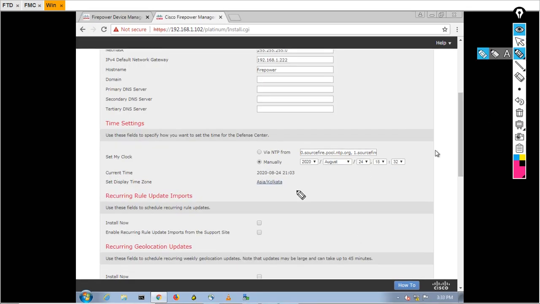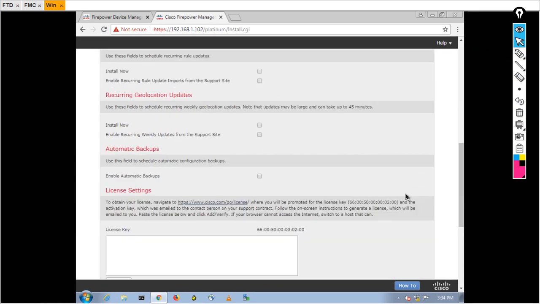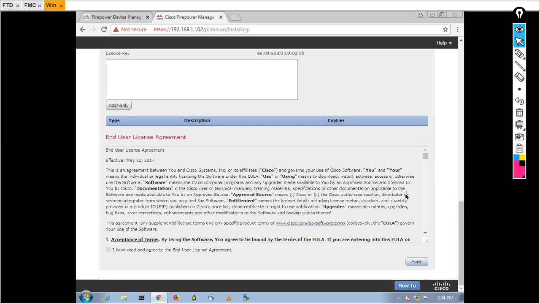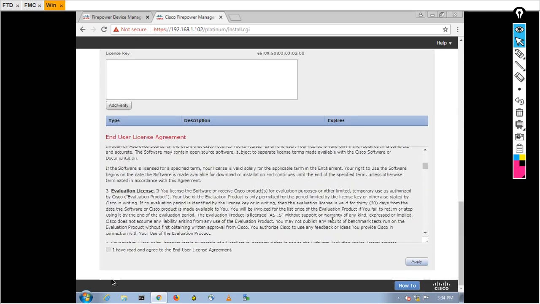You can see here it changed to Kolkata. Again scroll down and click on this checkbox: I have read the agreement and user license, and apply.